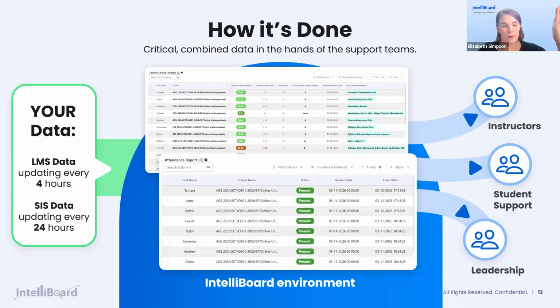And in UMO's case, we also set up an automation between the student information system and IntelliBoard that updates every 24 hours. The goal is that everybody has what they need when they need it, so they're spending their time supporting the students, not digging around in places.